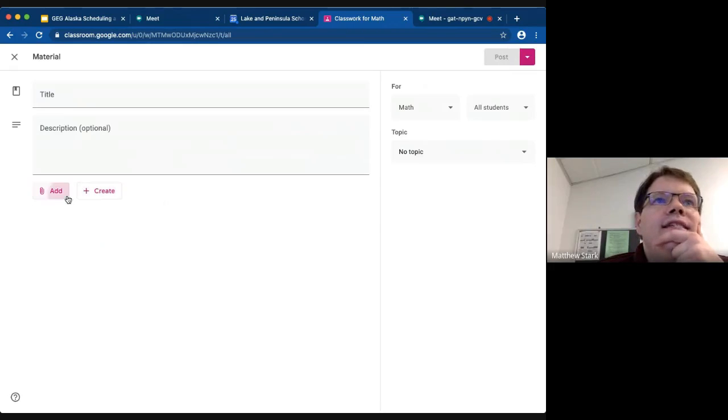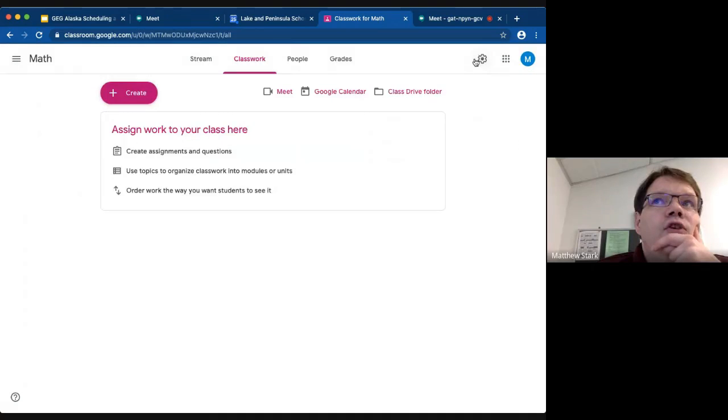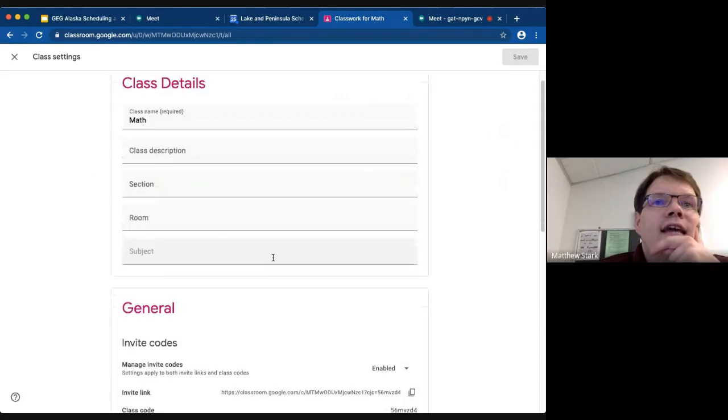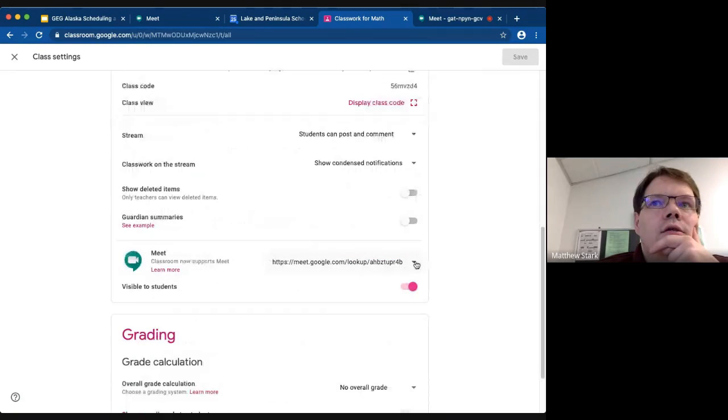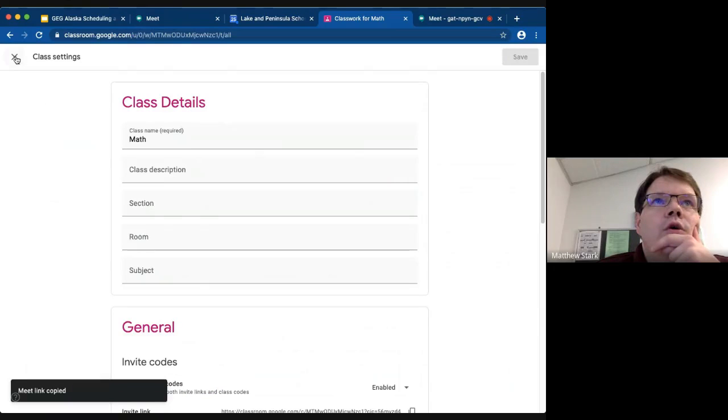See, there's no place in here to actually create the link. There's no place to create the actual Google Meet. But if you go back to your settings and you copied your link, then when you go to your